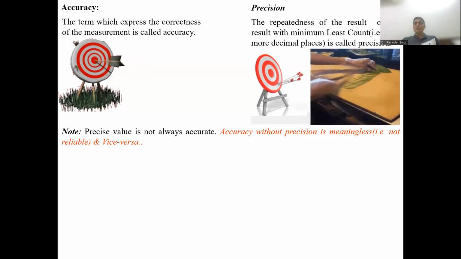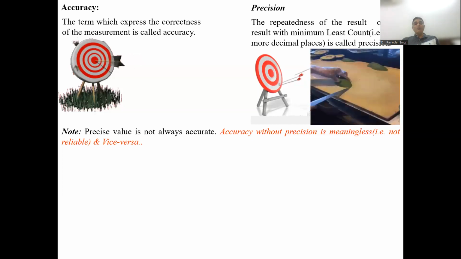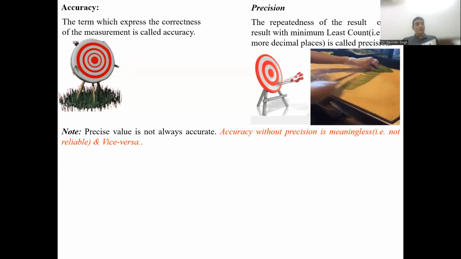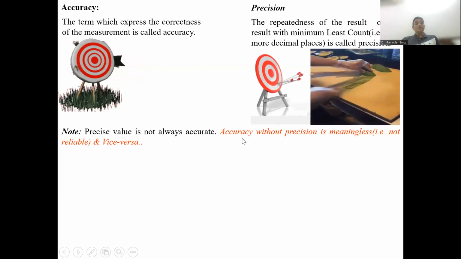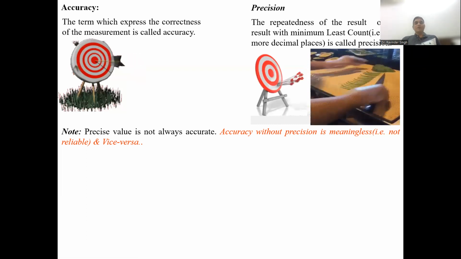Means the precise value is not always accurate, means on all these above observable experiments, we can say the precise value may or may not be accurate, means the precise value may be correct, may be accurate or may not be accurate। इसीलिए हम यहाँ पे कह रहे हैं नोट की फॉर्म में, जो हमने पॉइंट आपके सामने लिखा कि the precise value is not always accurate, but it is also a basic fact that accuracy without precision is meaningless, that is not reliable, not